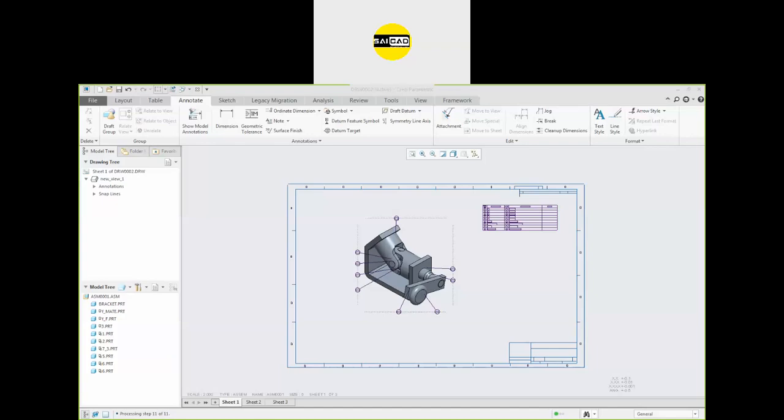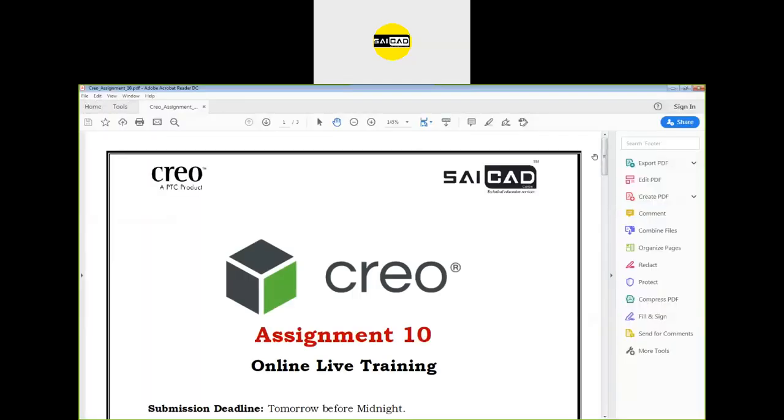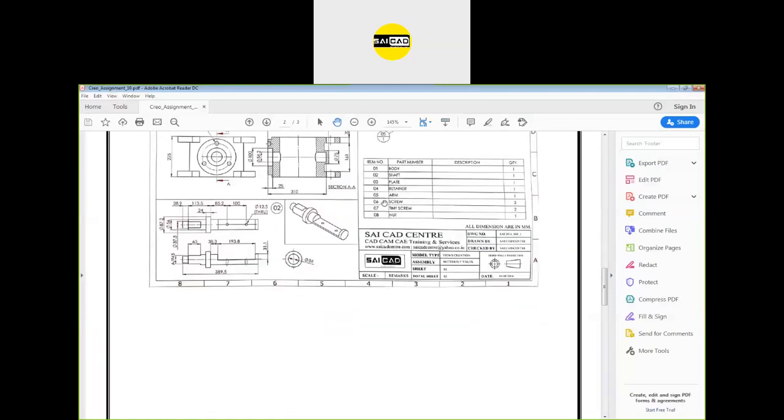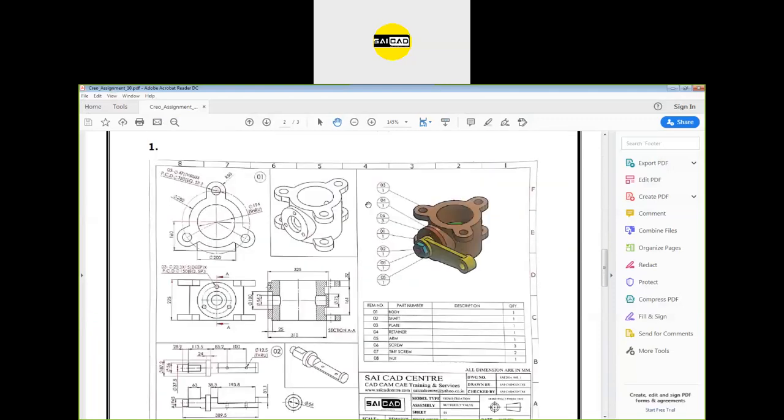Just create this drawing, like the assignment you will get for today. So here is the assignment. You have to create the part first. After that, you have to create its drawing like that.